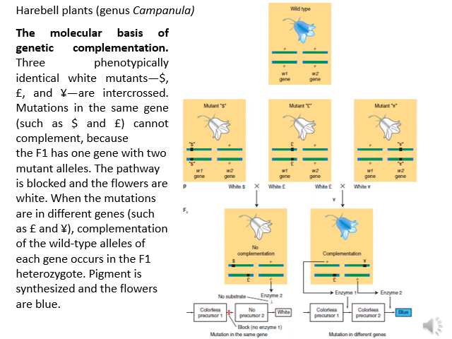So if there is a mutation on these genes, the blue pigmentation will not be synthesized. Therefore, the resulting flowers will be white in color. Now, consider three mutants. So come to the next part of the picture. There are three mutants, mutant 1, mutant 2 and mutant 3. In the first mutant, you can see a black colored portion is marked on the W1 gene. That represents a mutation on the W1 gene. In the second mutant, again the mutation is on the W1 gene but at a different location. That is also marked.